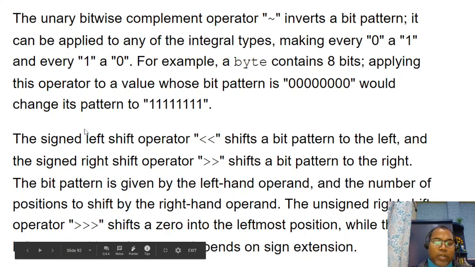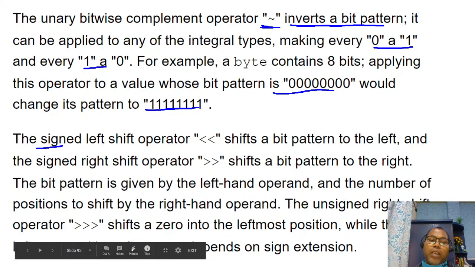There are also other unary operators, like this symbol, which inverts the bit patterns. If you have a 0 then it converts to 1, if you have a 1 it converts to 0. Similarly, if you want to invert a number, this will do 1 1 1 1 1. Similarly, we have the signed left shift and signed right shift. This is just shifting your bit patterns.